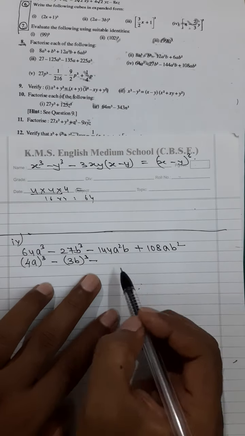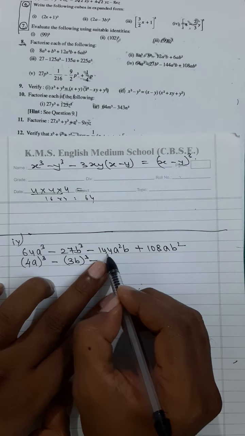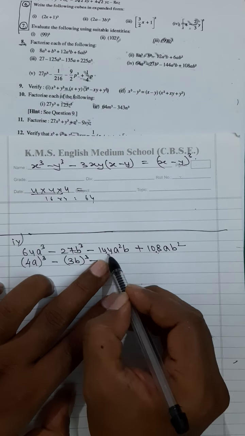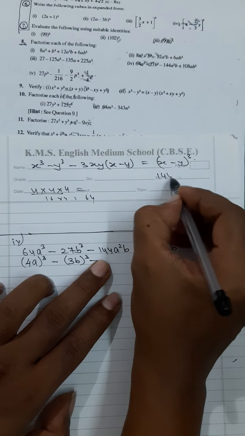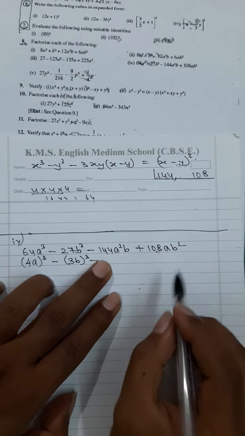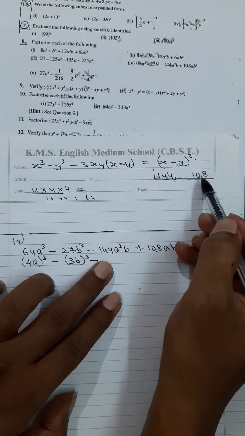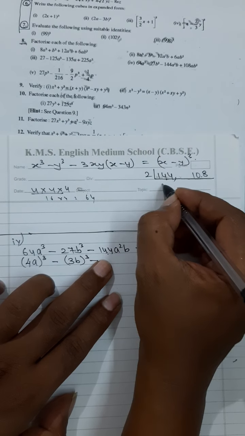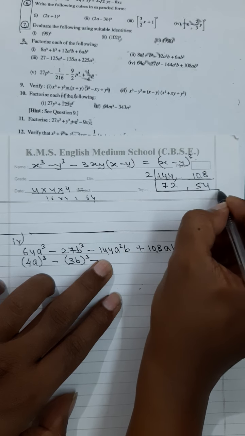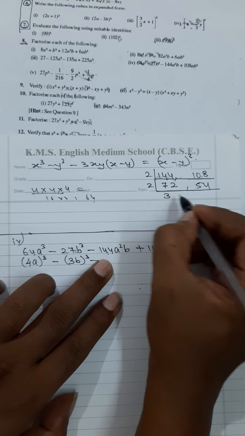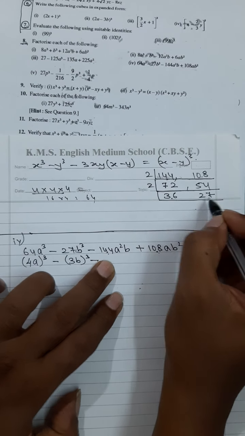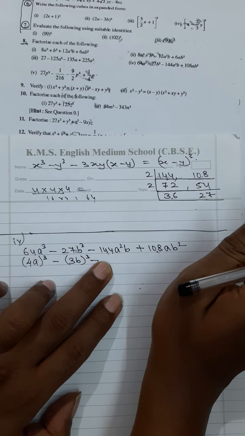Now again, here you have to take the common factor of 144, 108. 108 is a smaller number which is not able to completely divide 144. So you have to find the common factor of 144 and 108. Same old technique. Go on dividing both. This can be divided by 2 and also this can be divided by 2. 2 7s are 14, 2 2s are 4, 54. Again this can be divided by 2, 27. Now this is divisible by 2 but this is not. So I will not stop with 2.